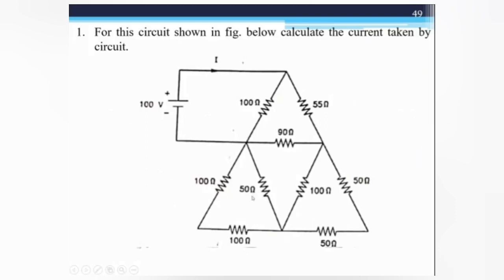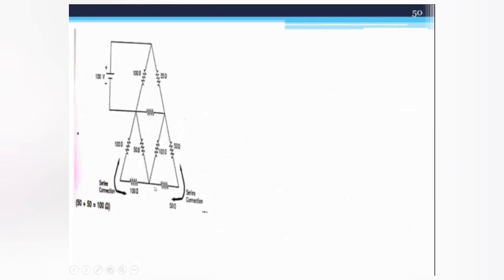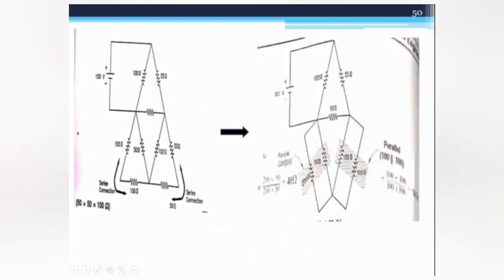And that 200 ohm is connected in parallel to this 50 ohm. Similarly, this 50 ohm and 50 ohm are connected in series, so the equivalent of that is 50 plus 50 is 100 ohm. And that 100 ohm is connected in parallel with this 100 ohm. So our circuit becomes like this one, right? 50, 200, 100, 100. When we find the equivalent of these two resistors, 50 and 200, it is 40 ohm, and 100 and 100, it is 50 ohm. So we replace this one.